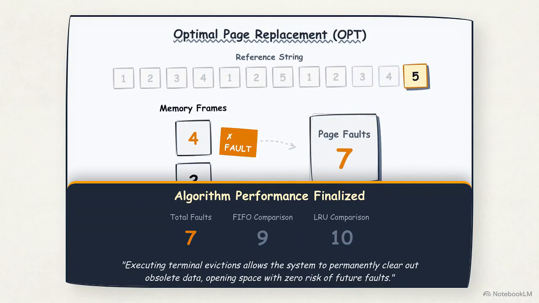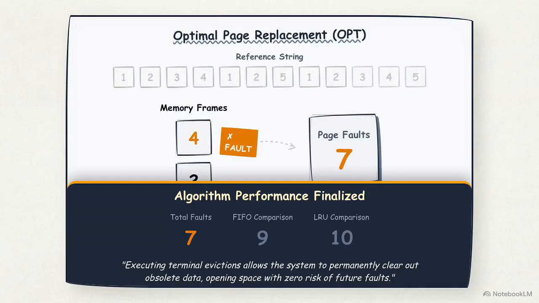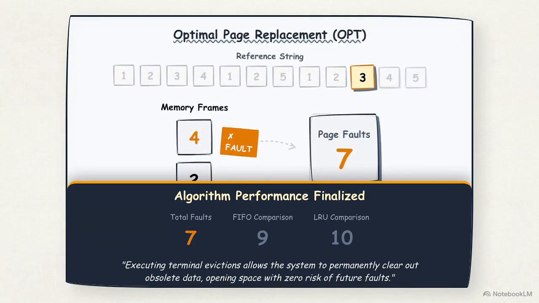This establishes a terminal condition. If a page currently occupying memory will never be requested again by the program, it immediately becomes the absolute best candidate for removal. The system evicts 1, drops in 3, and marks the 6th fault. Step 11 requires page 4. Our memory holds 3, 2, and 5. Running the terminal logic on page 3 yields no future matches, so we evict it, replace it with 4, and log fault number 7. The timeline ends on step 12 with a request for page 5,